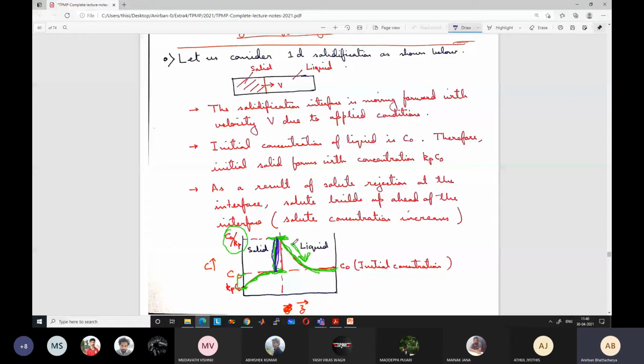So initially what was happening? Initially when solidification was progressing, the concentration in the liquid was less. At this position the concentration of the liquid was this, at this position the concentration of the liquid was like this, and the concentration of solid was this. Because the gradient was less, the diffusion was less, so the amount of solute which was getting rejected while solidification was occurring was more than what diffused away. As a result, more accumulation was occurring in the liquid. So after some time, the concentration boundary looked like this.